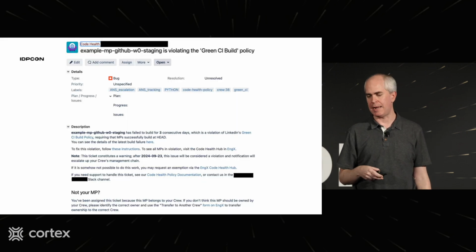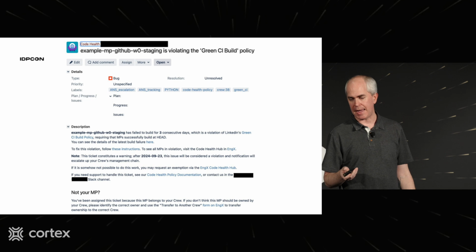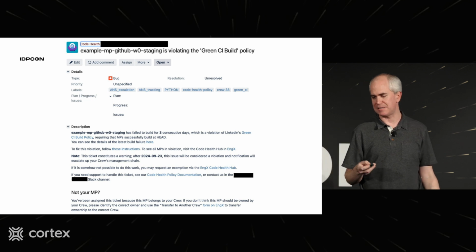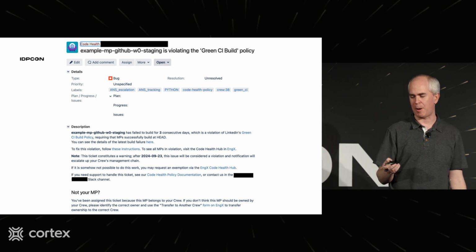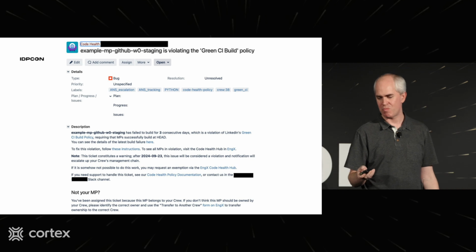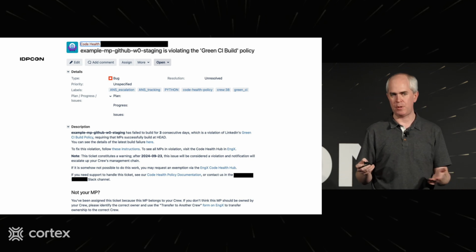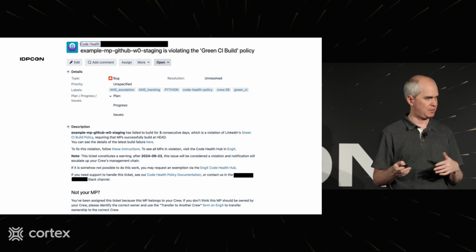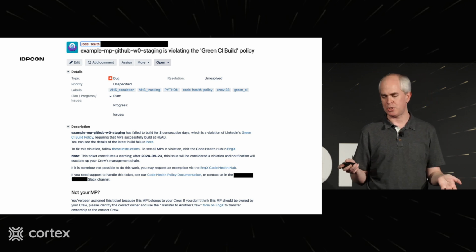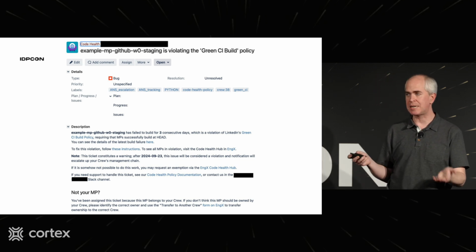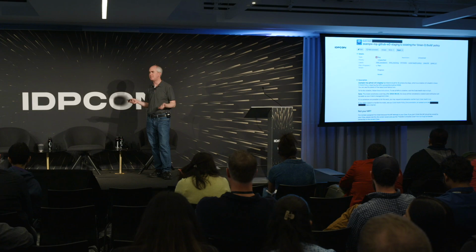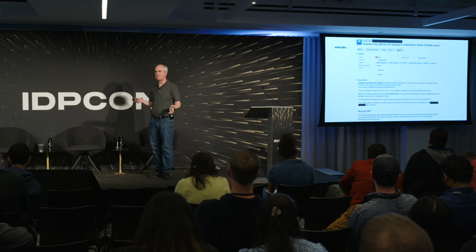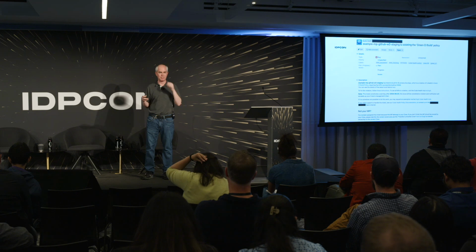And this is an actual ticket that we filed against a funnily named, probably testing repository. It gives them a specific example of what's happening. Here's the action. Here's what you should do. And we also created a doc site that says, here's the policy, here's why it is, and here's a specific Slack channel for this effort that you can come to and ask us questions about, where we get